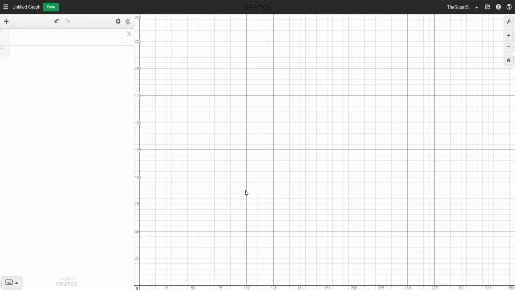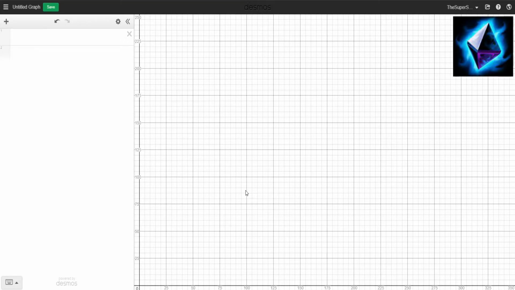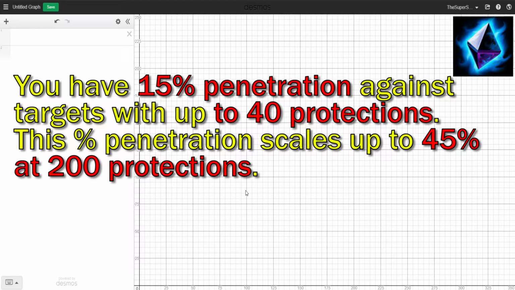This is actually mostly going to be focusing on Obsidian Shard. So, Obsidian Shard is a fun, I say fun, it's an item which has a useful passive. The more protection someone has, the more penetration you have. It used to be just a flat 33%, but now they have changed it. So, what we're going to do is work out exactly how to find